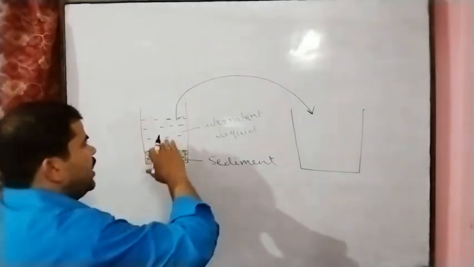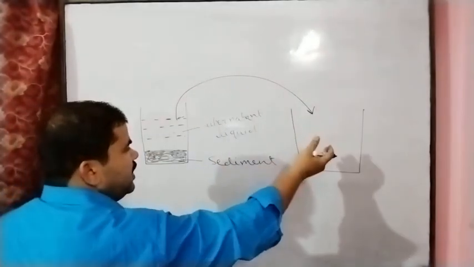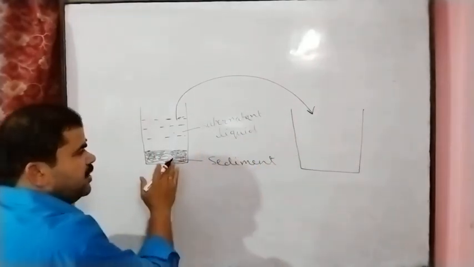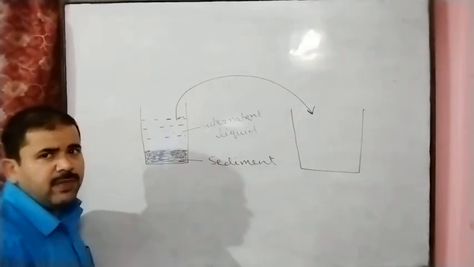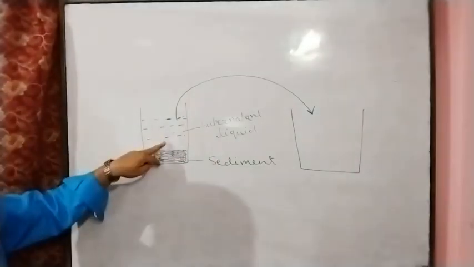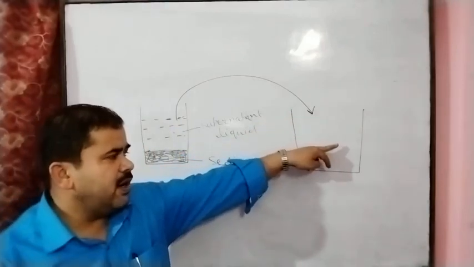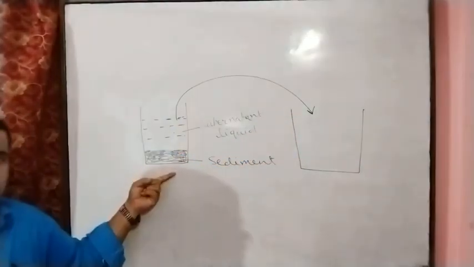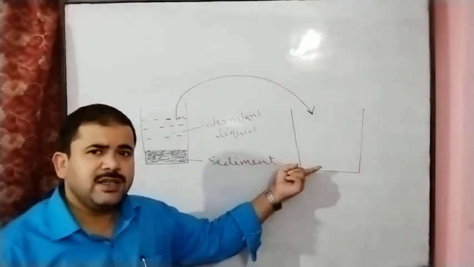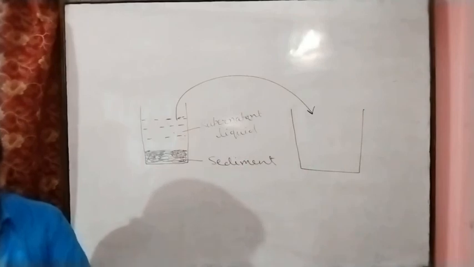If we transfer the liquid, the supernatant liquid, into another utensil without disturbing the sediment layer, this process is called decantation. So sedimentation is the settling process, and pouring the supernatant liquid into another beaker or utensil without disturbing the sediment layer is called decantation. So this is sedimentation and decantation, and the principle